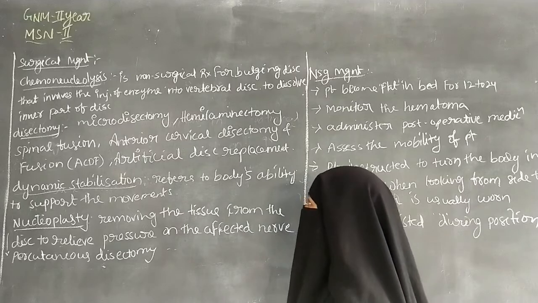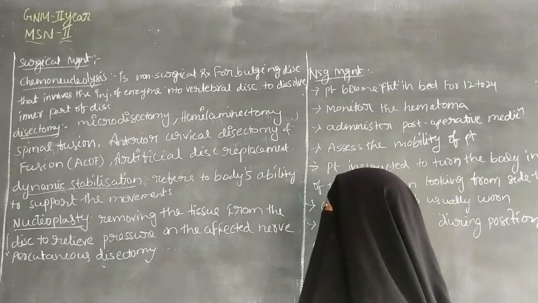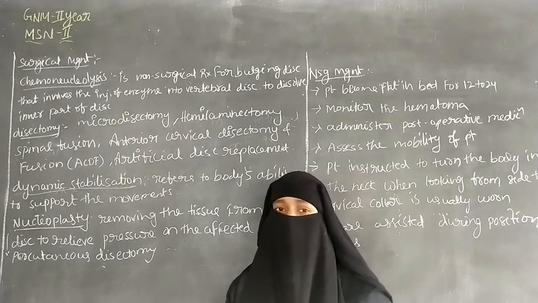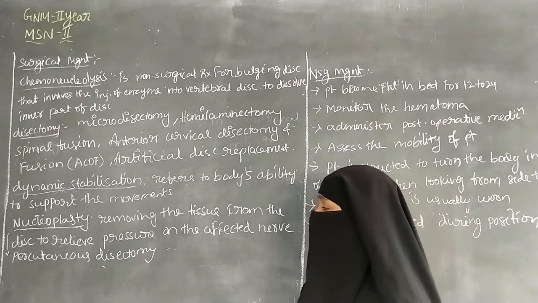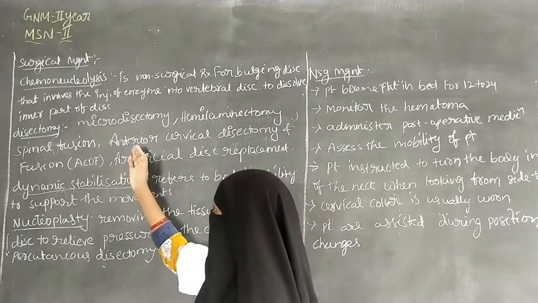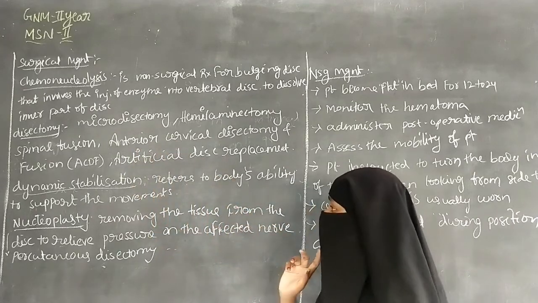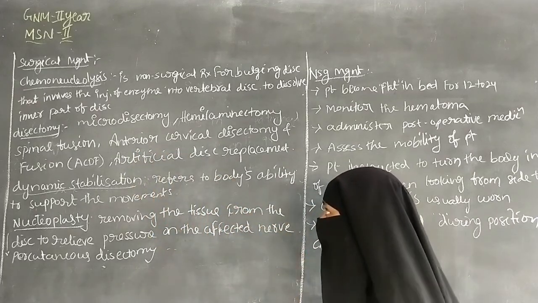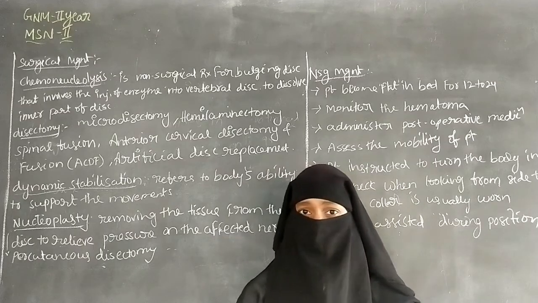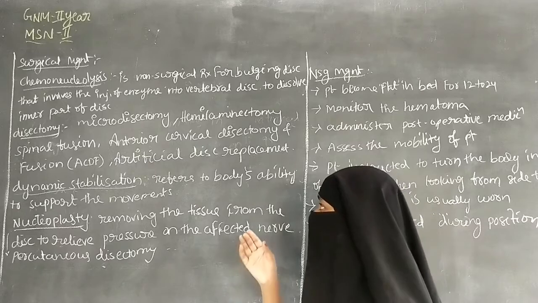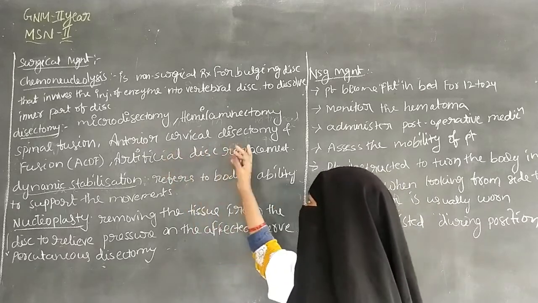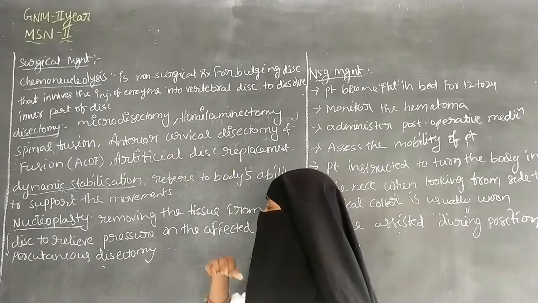So, anterior cervical discectomy and fusion. It includes the cervical herniated disc. At the cervical region the disc is herniated, and in anterior cervical discectomy and fusion,